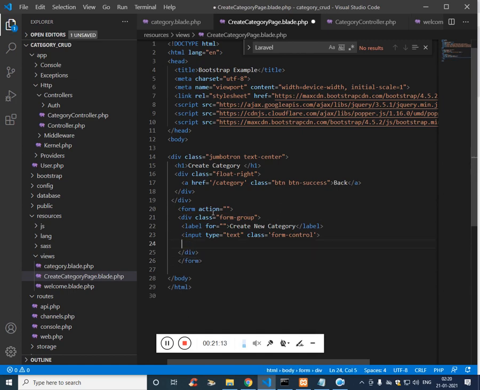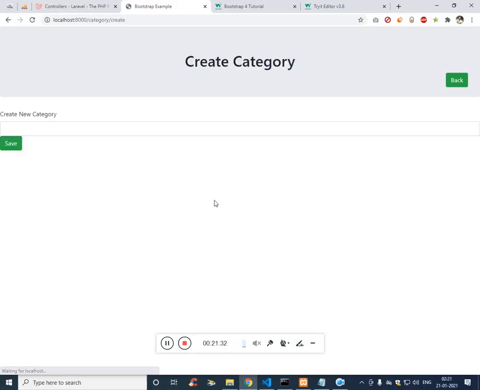And let's add submit, input type submit, value is going to be save, and then the class btn btn-success. Just refresh it and you can see.